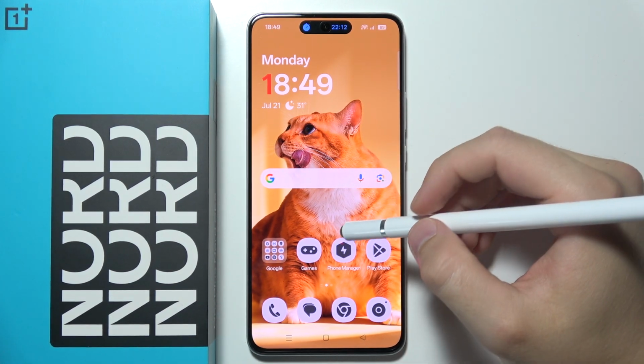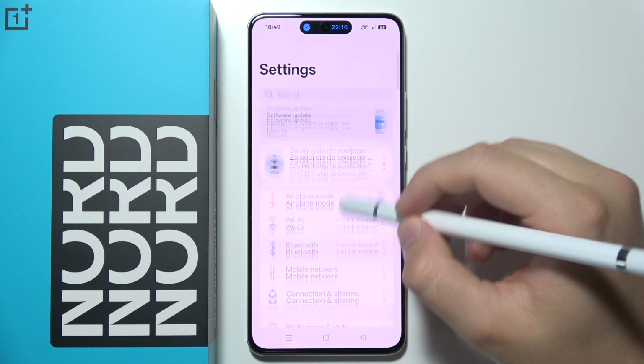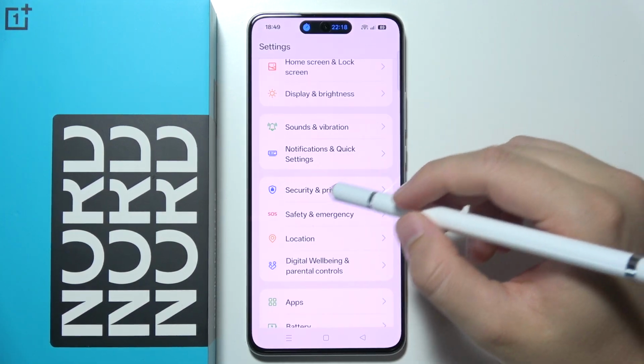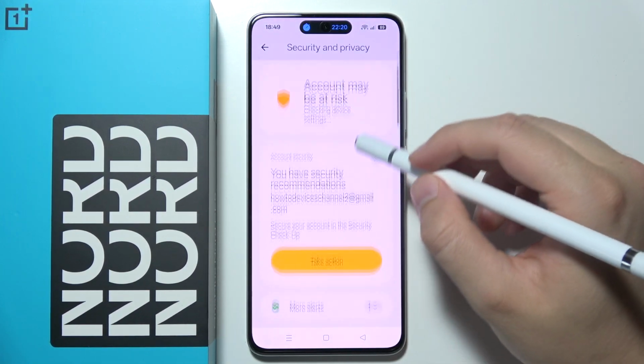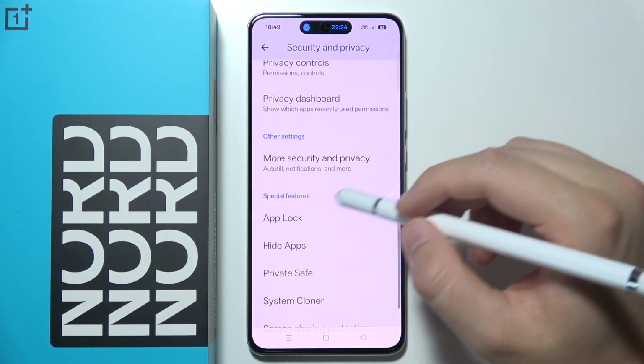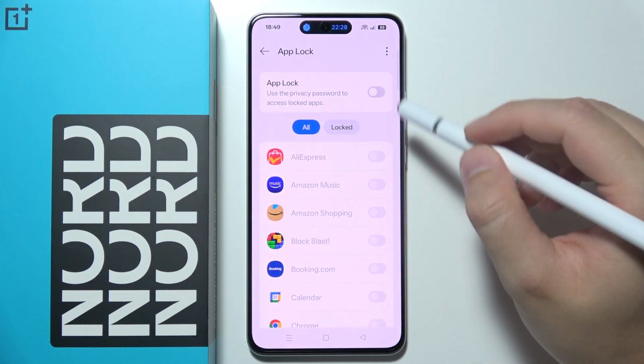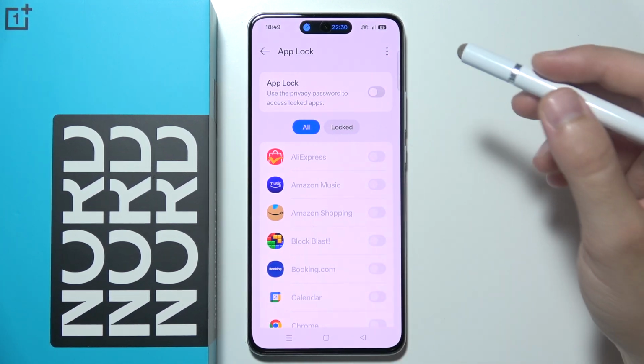To use app lock on OnePlus Nord CE5, you will have to go to the settings. Now you will have to scroll down and go for security and privacy, and over here just go below for this option called app lock. Over here you will have to just simply turn it on by clicking on the switcher and create the privacy